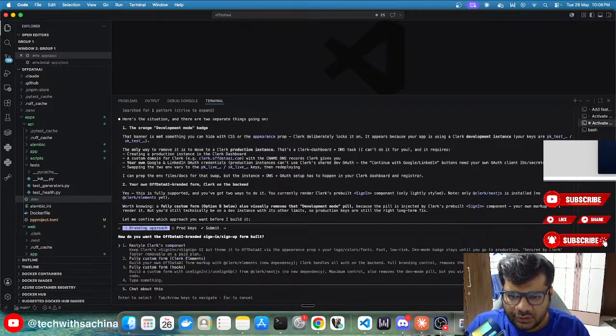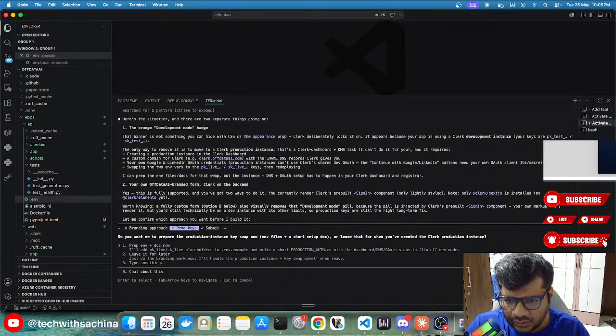Keep Clerk sign-in and sign-up UI but theme it to Offdata. Secure footer removal on a paid plan. Fully custom, I guess, is fine. Custom form with sign-in, maximum control, also removes the dev mode pill, but you wire up auth email and password, right? So I don't want to do that. Clerk handles all on the backend, full branding, removes the dev mode pill. Yeah, I guess the second is fine for us.